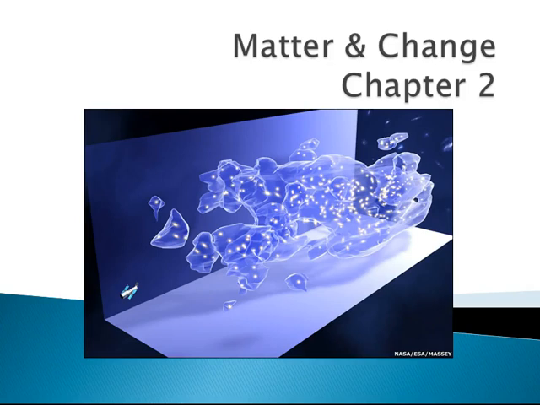Okay, this chapter is about matter and change. Also in this unit, besides matter and change, we are going to cover isotope notation, which is in a different PowerPoint, as well as binary molecular naming, which is in a different PowerPoint. So this is only one of the three PowerPoints for the next test. So first of all,